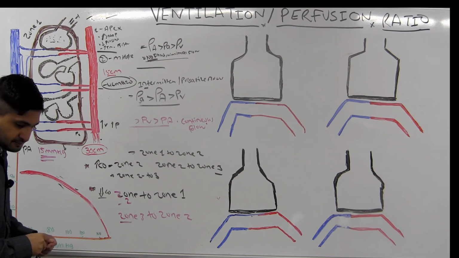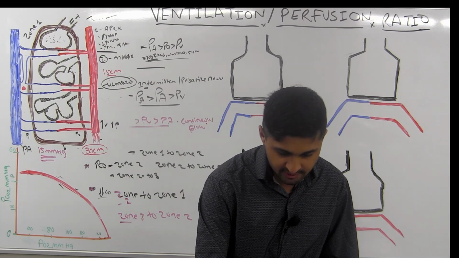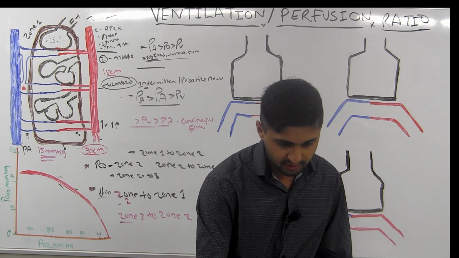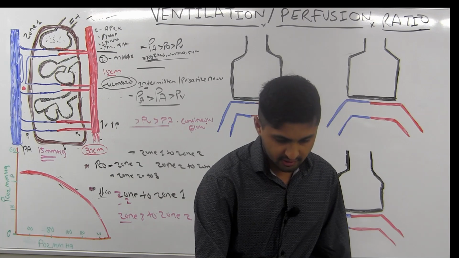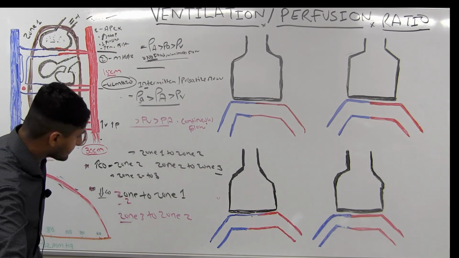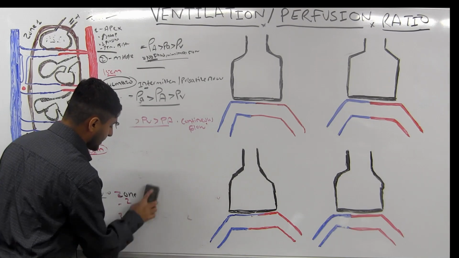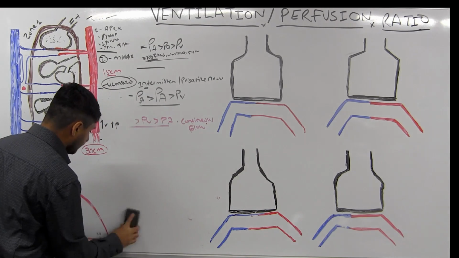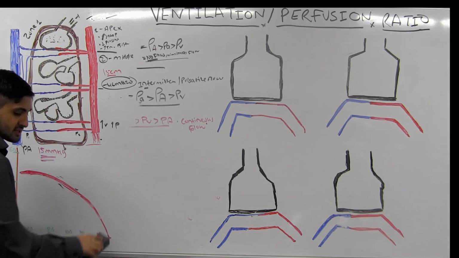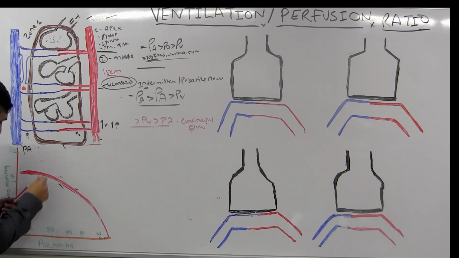All right, now we talk about some other concept too. Let's talk quickly about one more thing. Not only the low cardiac output times, but if you want to be very good with this kind of stuff, we can divide the lung into not only 3, but 4 different zones actually. So let's write down 4 different zones, because in these 4 different zones, what is happening here is that